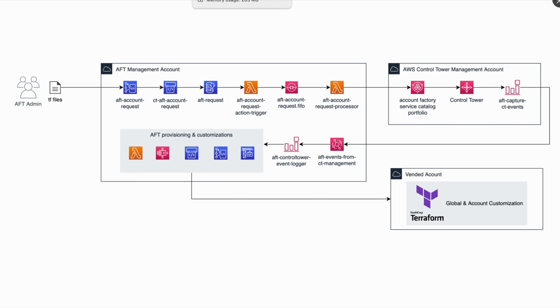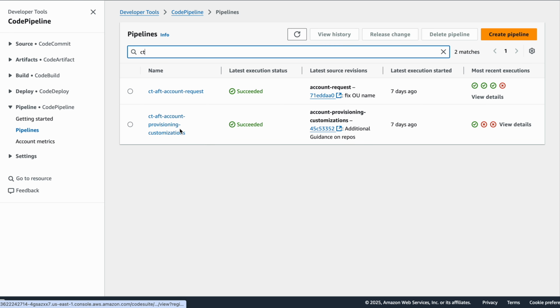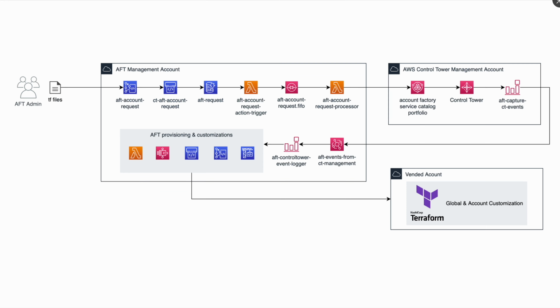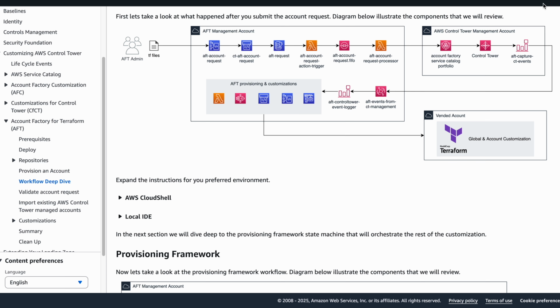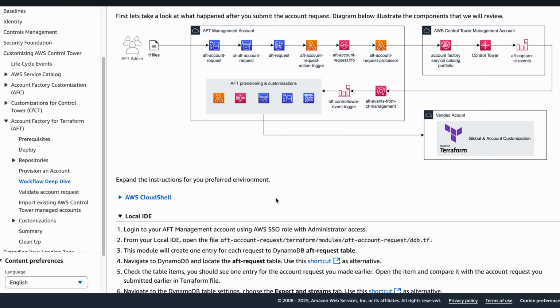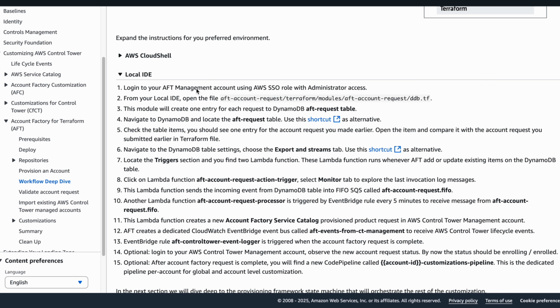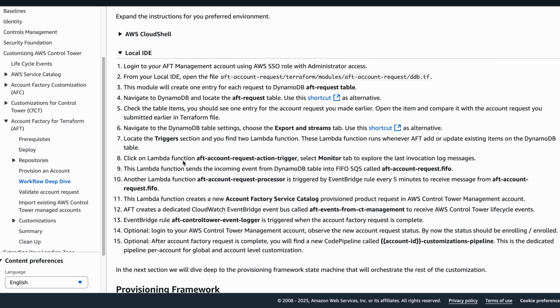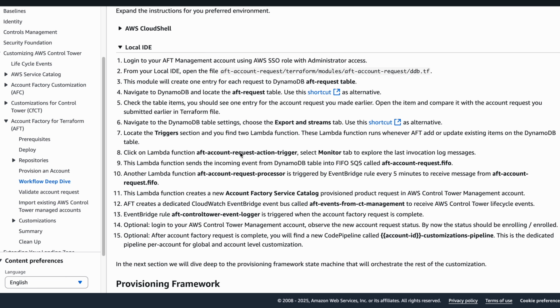So you can see your provisioning customization also runs, if there is any customization. And if you have any account level customizations, you will see the account ID hyphen your provisioning customizations based on your account also, and you can check all the logs here. So this is how you do the setup. And it's very important, this particular section provides you all the details of how it is running.